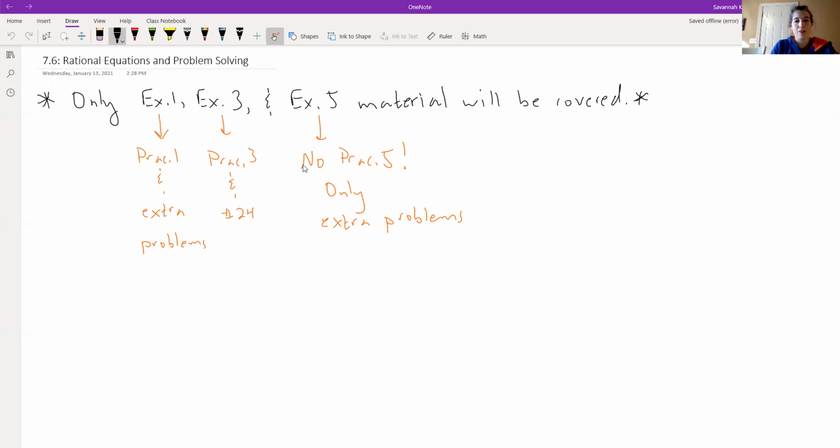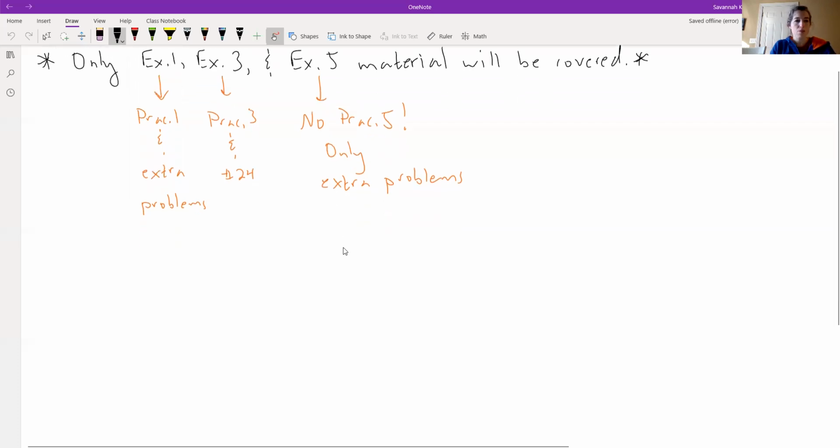And then from example 5, this is where it gets weird. No practice 5. To this moment, I've been able to solve all the other problems that are covered by the example 5 material. Practice 5 never came to me. My theory, having worked all those other problems, is that there's a piece of information missing. And I have a theory as to what it is. And I would just say, for your own benefit, there's plenty of other good problems for us to look at. We'll do a couple of those. So without further ado,